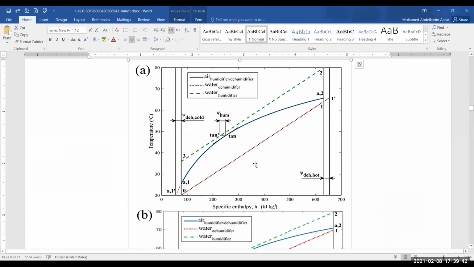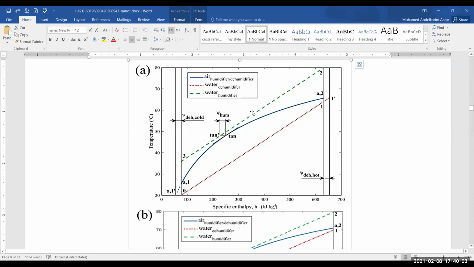And if we need to apply this definition when we are analyzing problems, then we need to identify where this point is. So we have one of two things, either to keep on measuring the temperature difference between the air stream and the water stream at every location in the humidifier until we reach the minimum one,